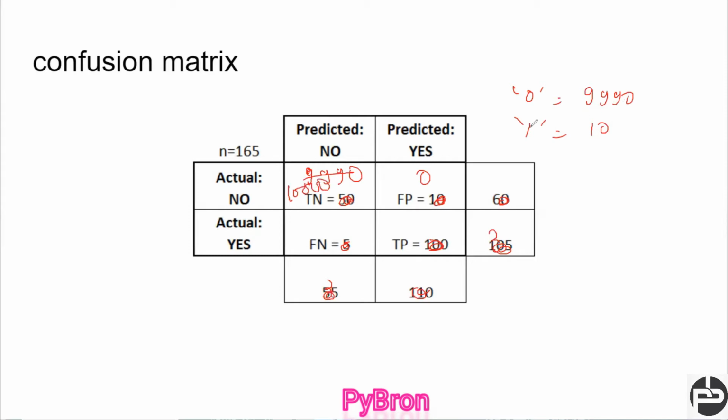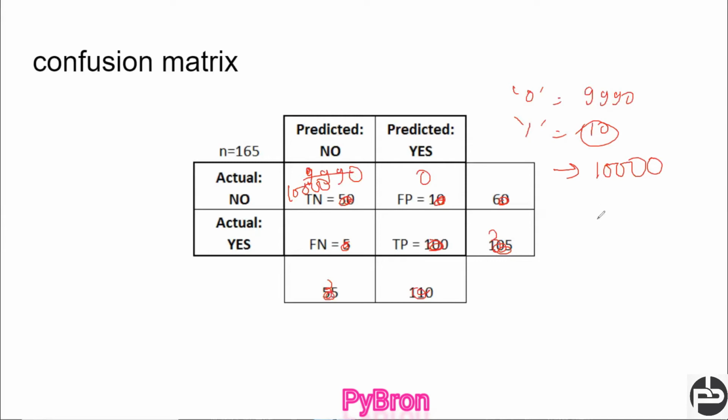So in total we have 10,000 patients for whom I have to identify whether the person has the cancer or not. Let's suppose my model is predicting that everyone has no cancer. Sorry, it's 10,000. Yes, 10,000 people in total. So what is the accuracy in this case? Suppose 10 are patients the machine should identify as having the cancer, but by mistake the machine is not able to identify them.